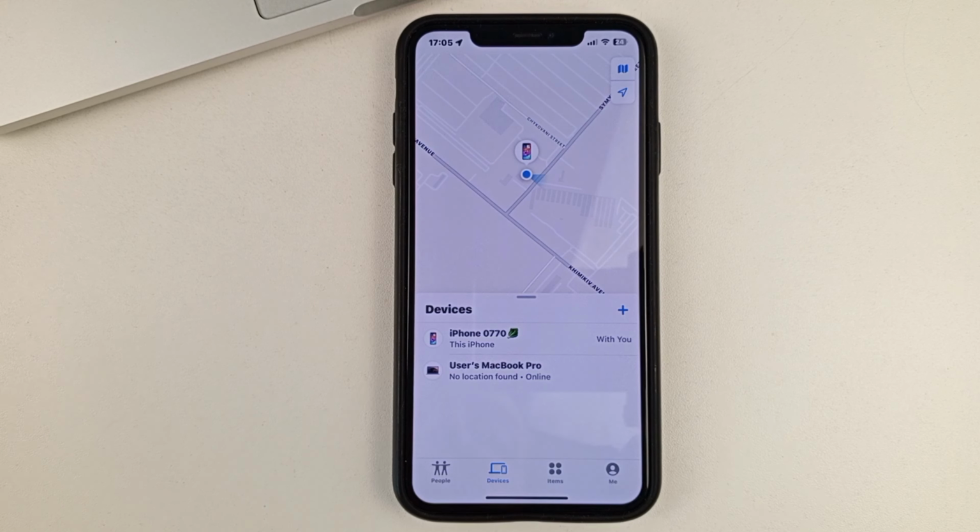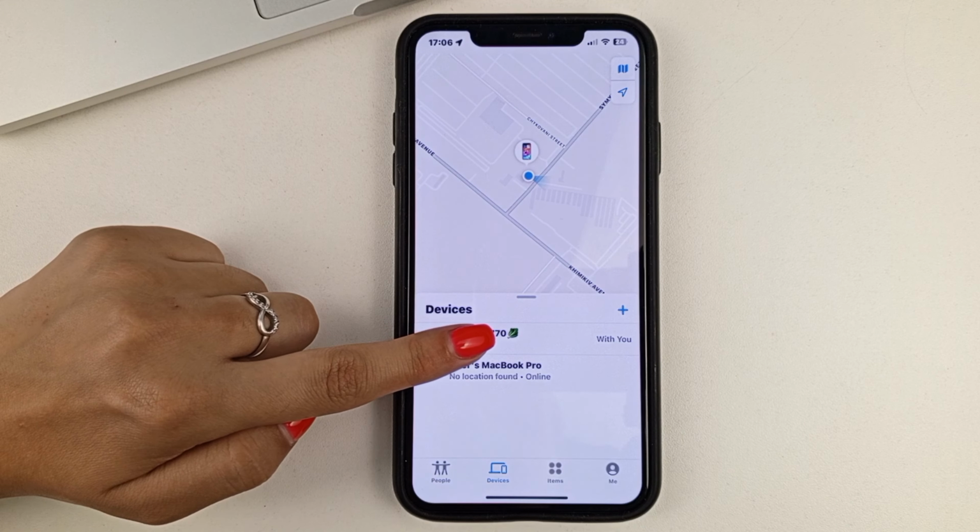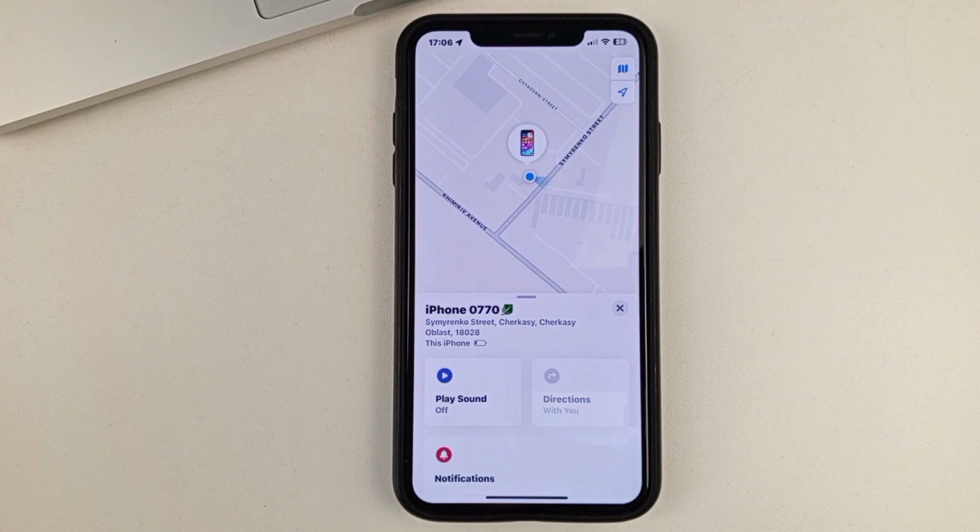And next, in order to find them, when they're in the case, you'll need to press them. If your AirPods are not in a case, then you'll be able to see where both the left and right side of your earbuds are. To find them, you'll just need to tap on the name of your AirPods, and you'll be shown exactly where they are on the map at the top, both the left and right earbuds, and then you can find them from there.